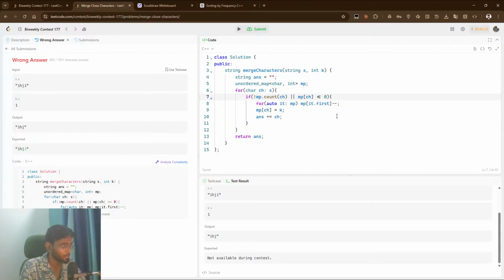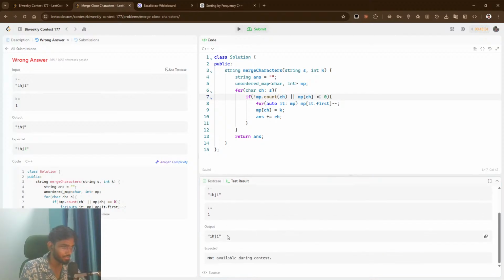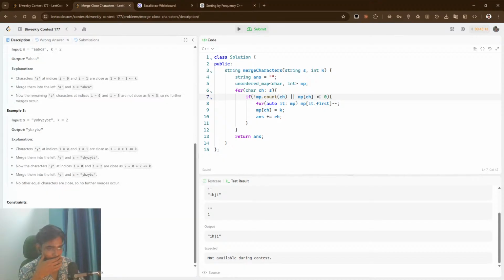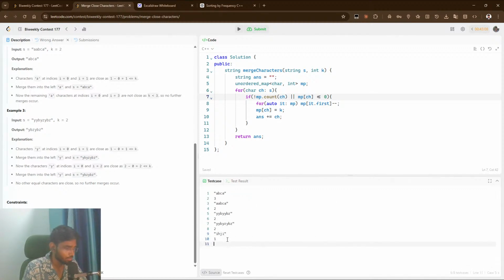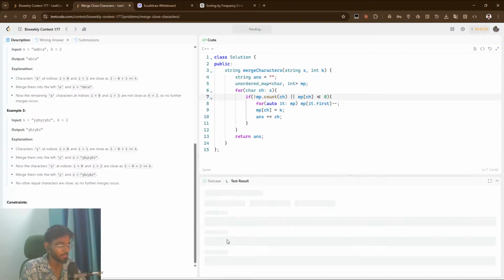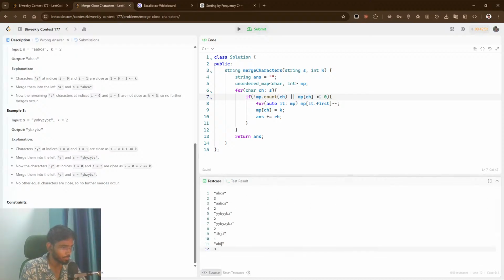Is less than equal to, I guess we are there, bro. IHJI. I don't want to get any more. क्या हो सकता है? Let's just give one more. I want to give ABC, ठीक है, and the length is same. ABC and length is 3 only. So गंदा टेस्ट दिया मैंने।